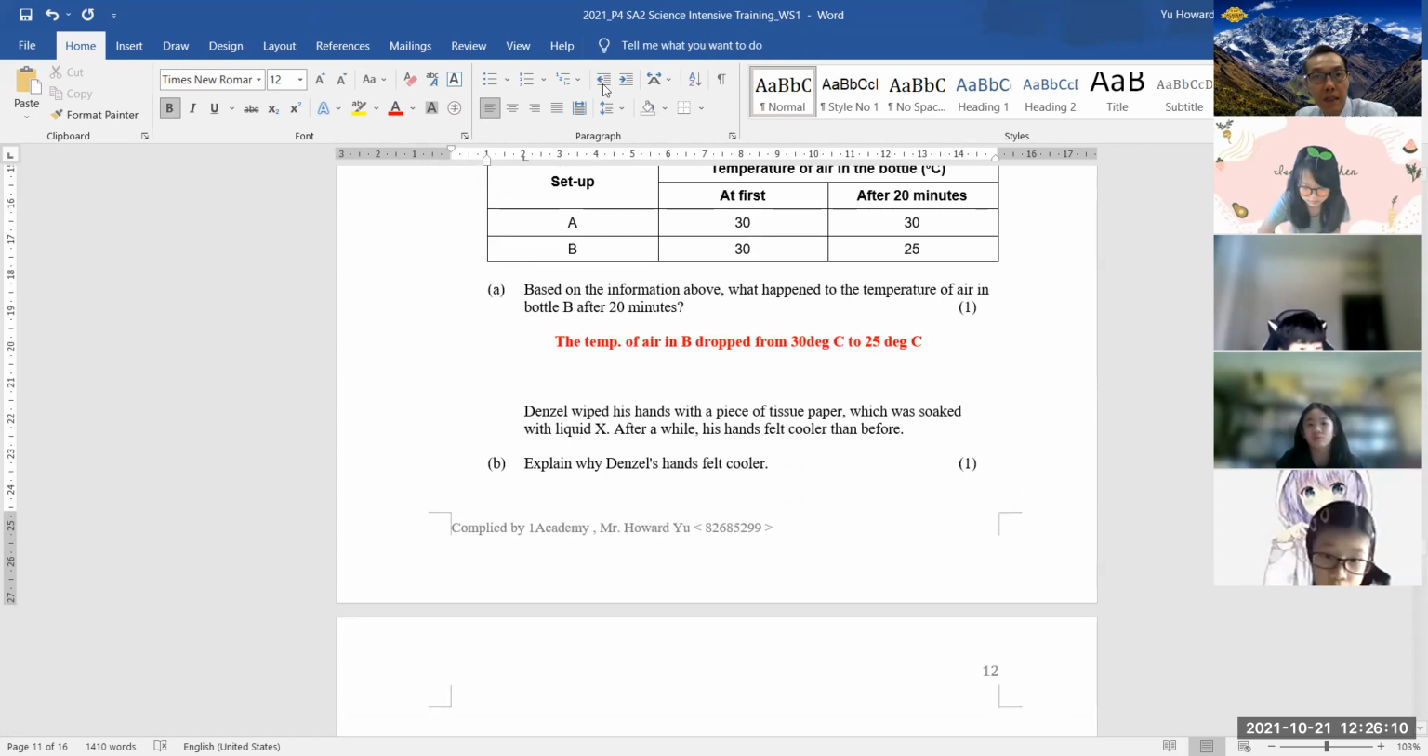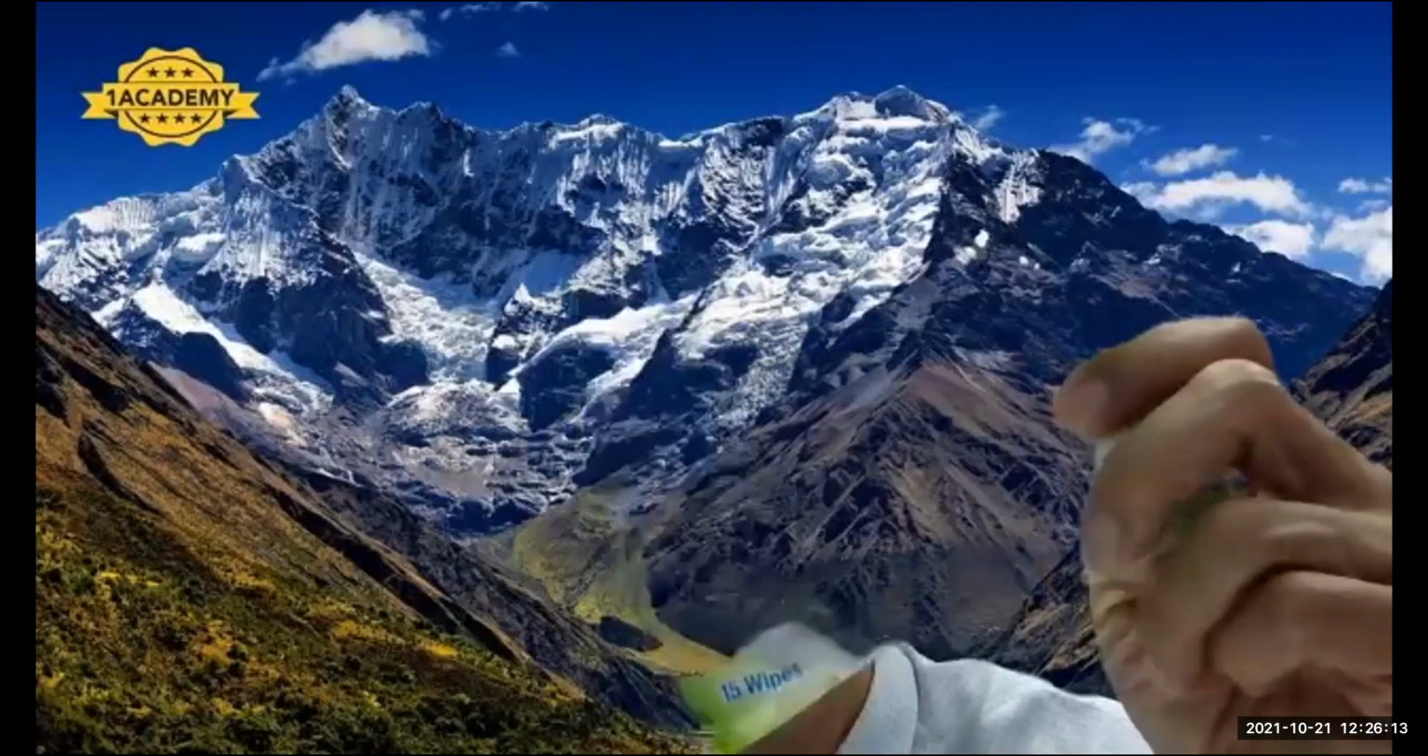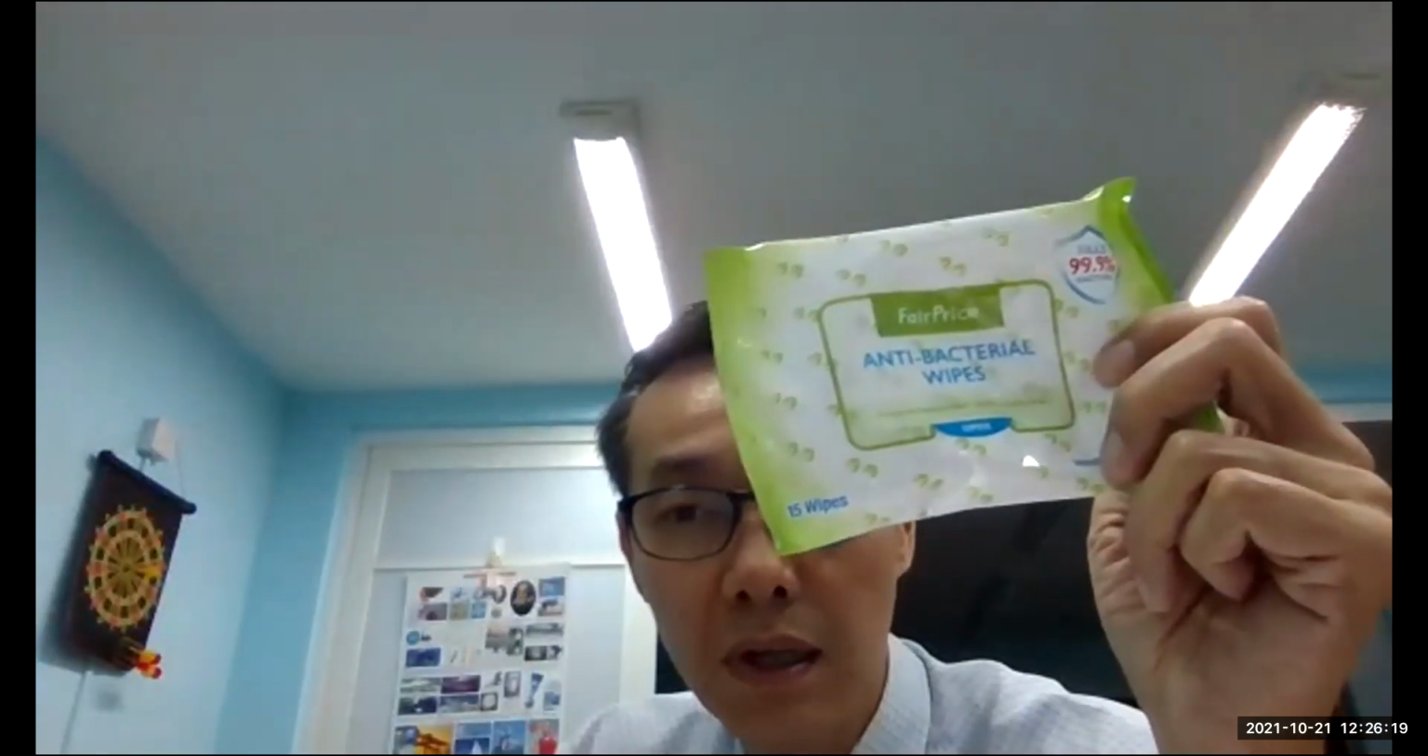Okay, you can see here, I show you something. You see this thing, right? Nowadays a lot of people use this one, the wet wipe, right? So actually, if you see the ingredients behind, if they contain alcohol, you'll find that after wiping your hand, it feels a little bit cooler because alcohol evaporates very fast. Similarly, this liquid X actually evaporates faster than normal water. So that's why in this example here,